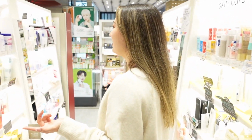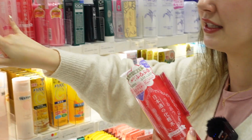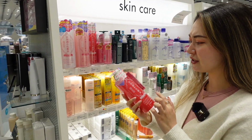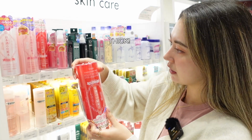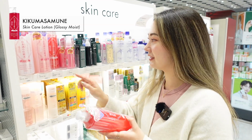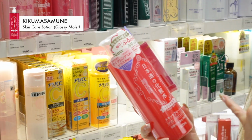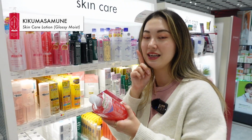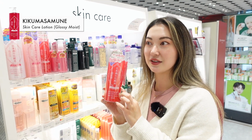They have it. I've actually been looking for this one for so long. I've seen it online. I tried both of these and I did a review on it. I saw this new version. Whoa, it is thick. This one says glossy moist. This one is bright moist, high moist, and glossy moist, and it's supposed to be even richer and good for elasticity, from the brand Kiku Masamune, and I just haven't been able to find this version of the toner